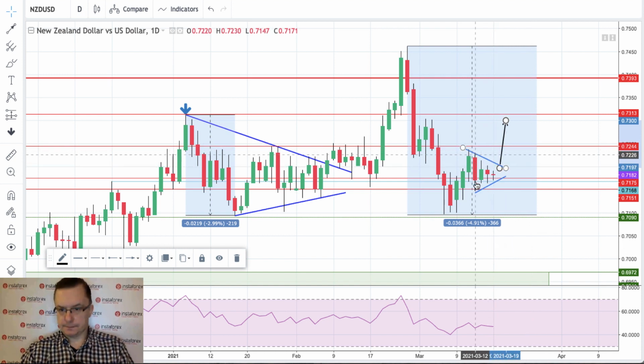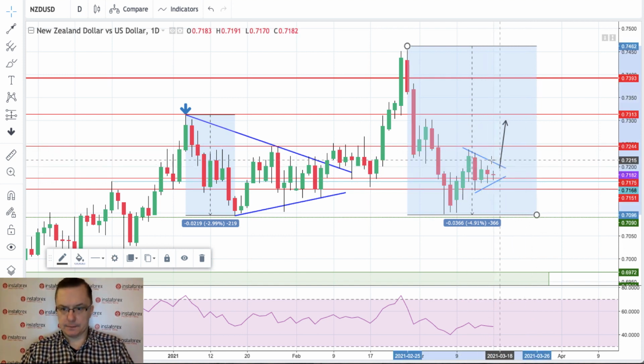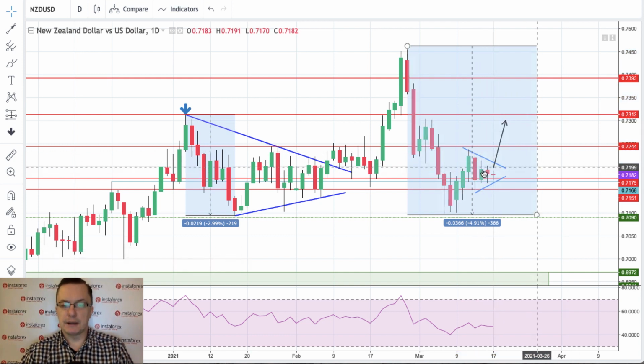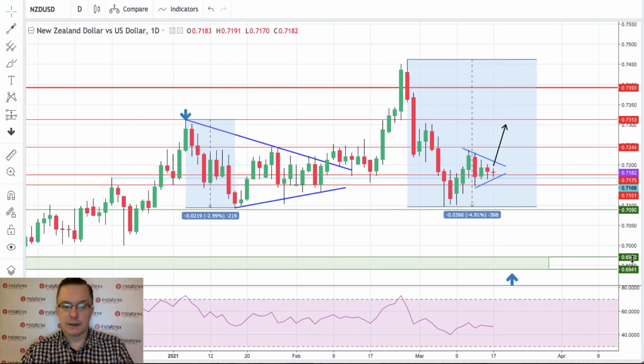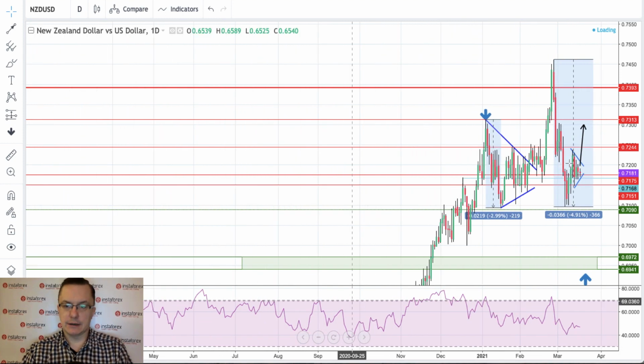then of course this price pattern will be regarded as violated, and then of course we will go lower towards the 7,096 pips, and even of course even lower towards 6,972, 6,941. So it still looks like that uptrend is being continued, because we are, as you can see from